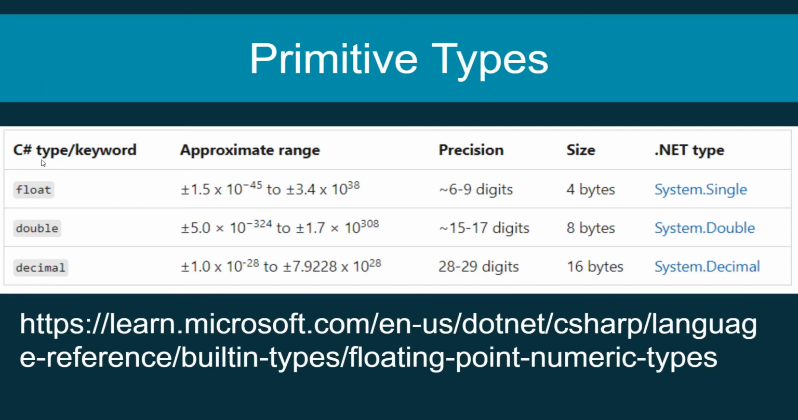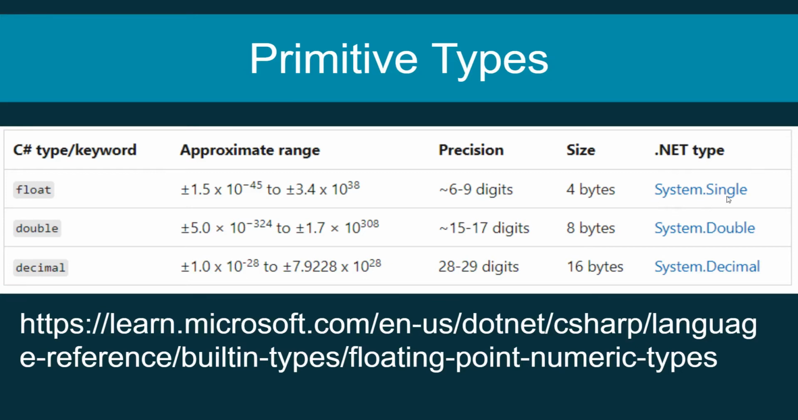As you see, here is the C# type or keyword, and this is the approximate range. This is the range that it takes. This is float, double, decimal, and this is the precision. It is also important that you know the size that it takes in the memory, and the .NET type,